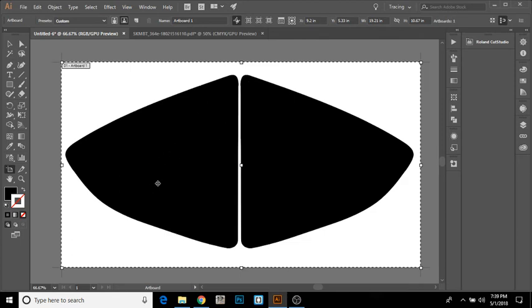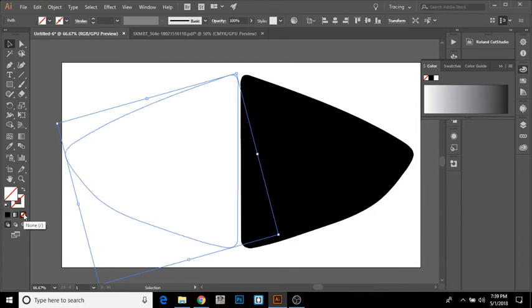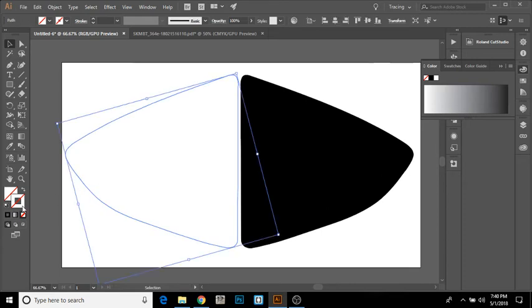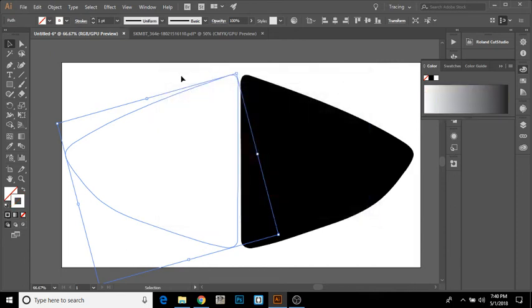If you don't want the middle part black, that's this right here, the fill part, you click that, come down to this little tab and click none. Okay, I'm not sure what I did wrong right there, but let's try that again. See, now if you don't select the border at least to be blue or black, you're not going to be able to see it. So what you want to do is select it, go to the border, double click on that, make sure it's black, and then